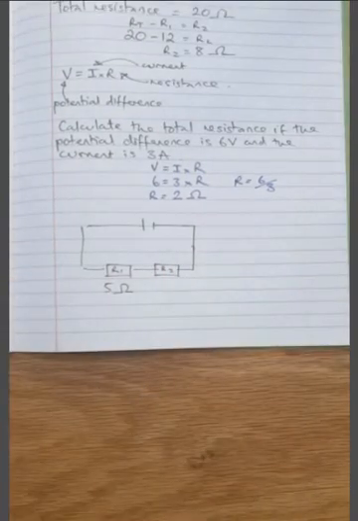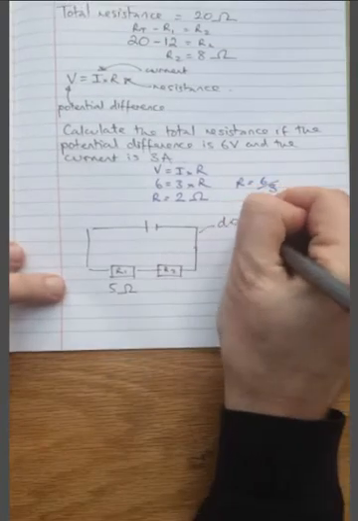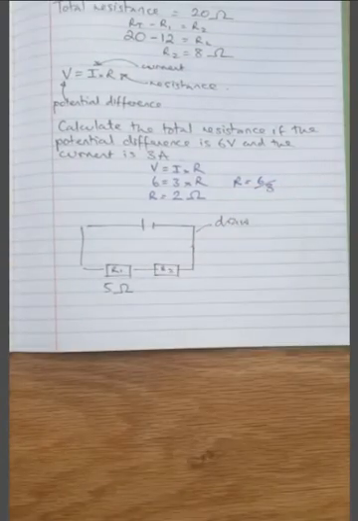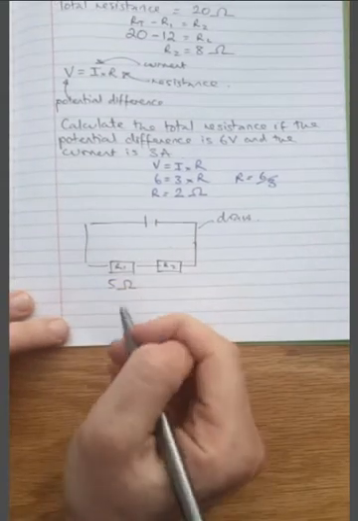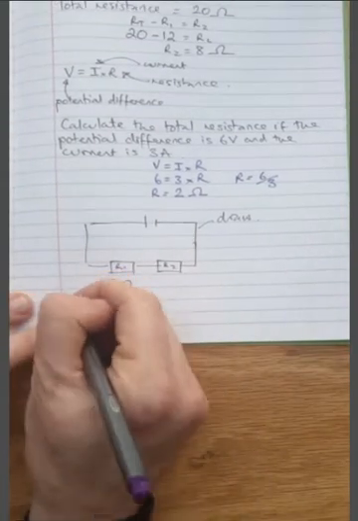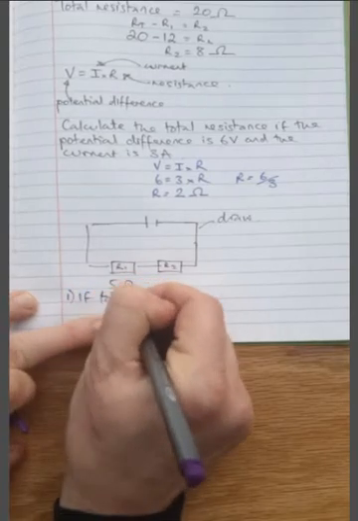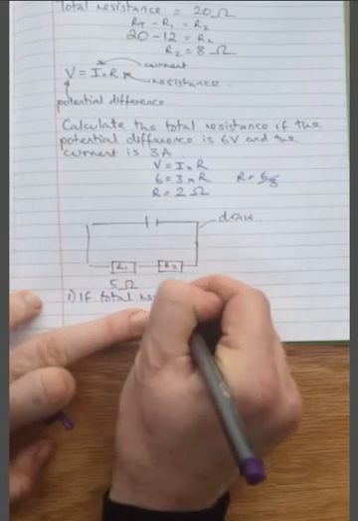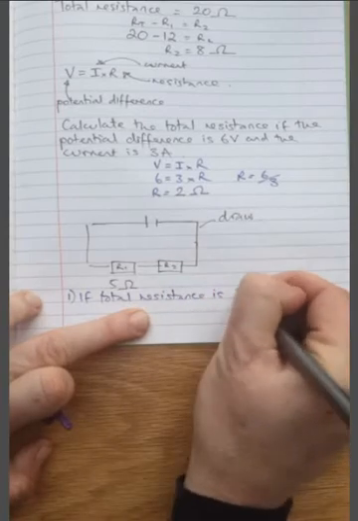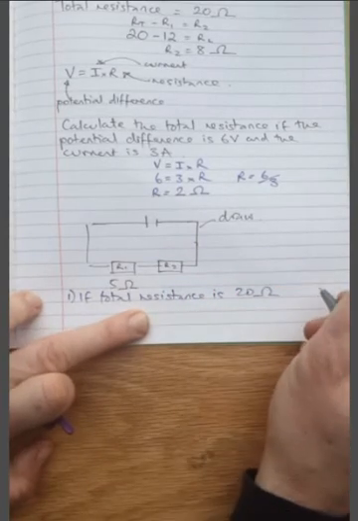So I'd like you to draw this, and then I'd like you to answer the following questions, 2 in fact. So number 1, if total resistance is 20 ohms,